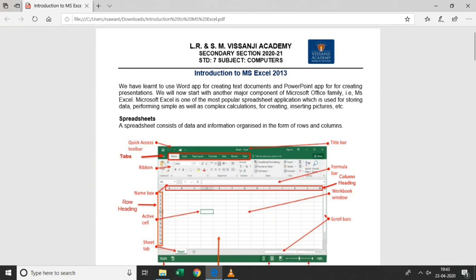So far you have learnt how to use MS Word and MS PowerPoint. You have learned all the advanced features of the Word application and even the PowerPoint application. Today I'll start with MS Excel, which is quite different from MS Word and PowerPoint. As you all know, MS Word is a word editing software where you can create a Word file, and MS PowerPoint is used to make a presentation.